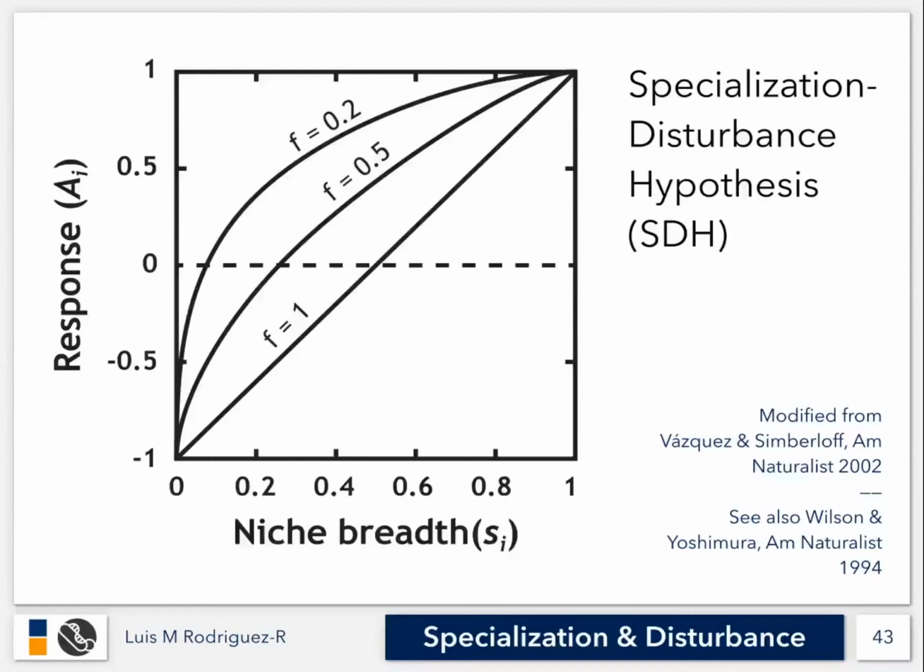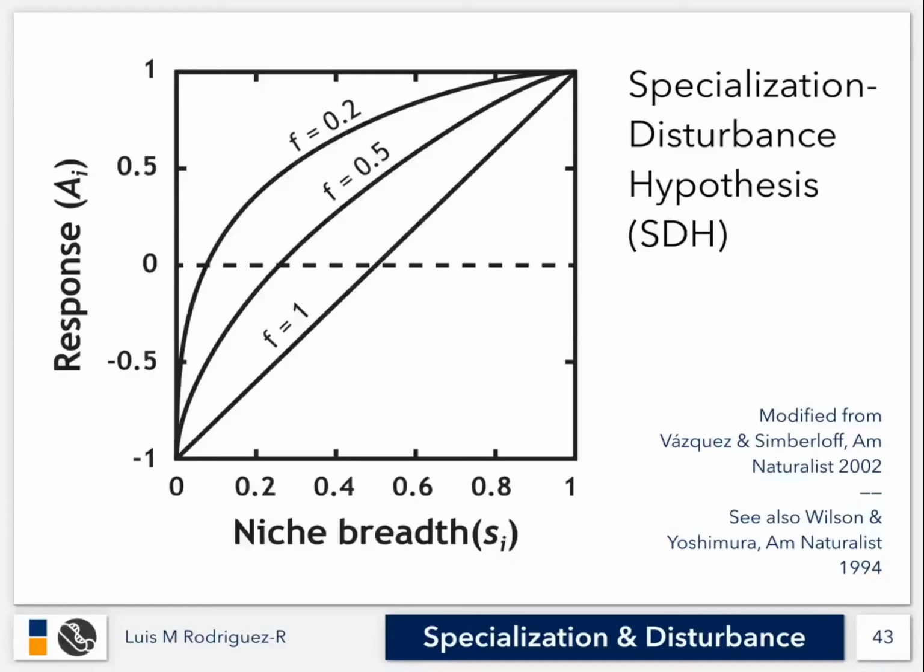And just this thing that you have just postulated with your voting is actually known, in fancy ecological terms, as the specialization disturbance hypothesis, or SDH. Now, specialization, of course, is a metric of how narrow the specialty or the expertise of an organism is. More technically, it is a measurement of the niche breadth. So the narrower the niche breadth, the more specialist an organism is. So this is the specialist here at 0, and this is MacGyver here at 1.